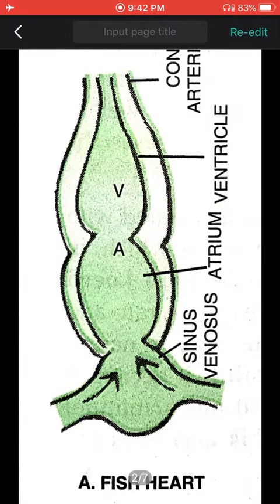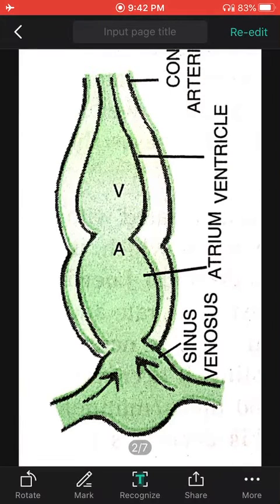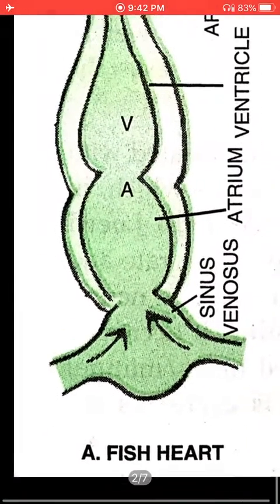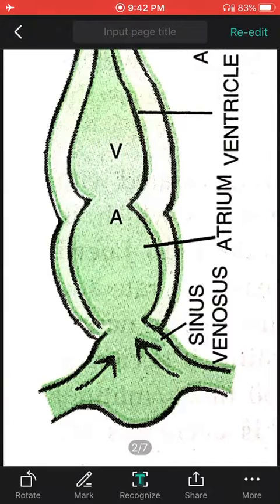As we all know, a human heart is four-chambered. There are certain organisms which do not have that many chambers, like the fish heart. Fish heart is basically a two-chambered heart, having one auricle and one ventricle. The blood enters through the sinus venosus and then the atrium, sinus and conus. You can easily see that A is the auricle or atrium, and V is the ventricle.